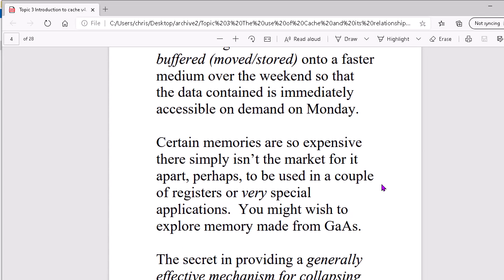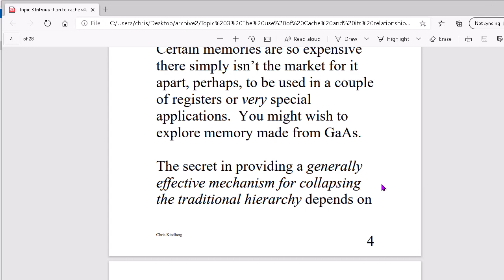Certain memories are so expensive there simply isn't the market for them, apart perhaps from use in special fast registers or very special applications that need speed. And you might want to research memory made from gallium arsenide, if you've done any chemistry. Check it out, just find out. Right. The secret in providing a generally effective mechanism for collapsing the traditional hierarchy